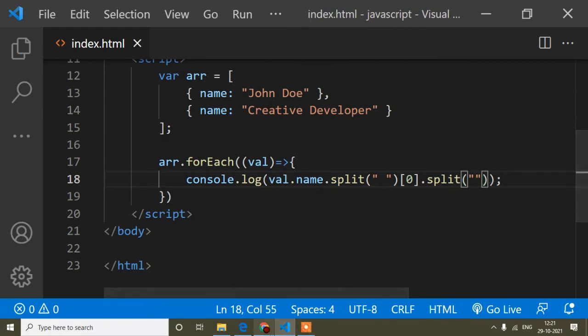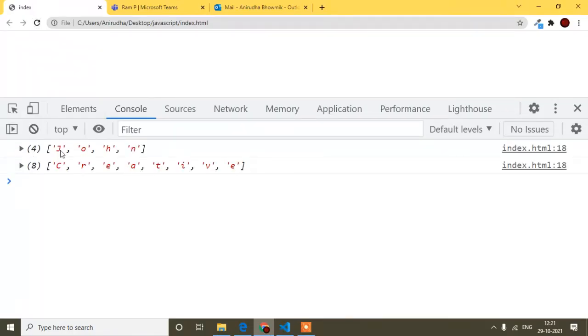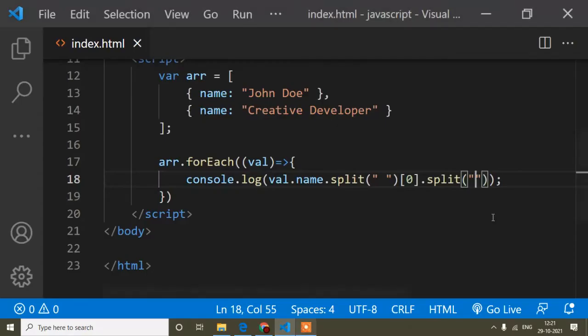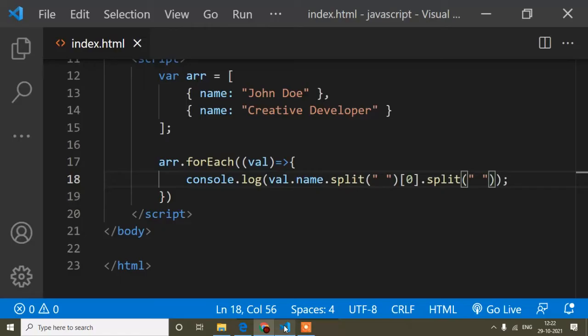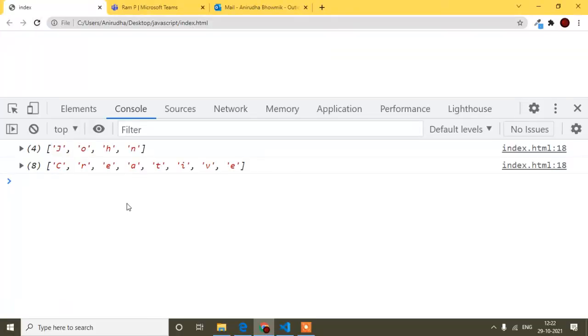Now it will create an array this way. But if I add a space here, then in the name John it will not find any space, so John is only one value. But I don't want it like this. I want every letter to be a separate value like this. I hope it's clear.